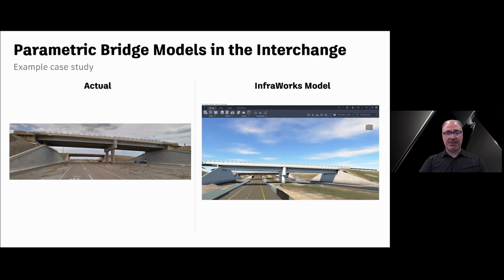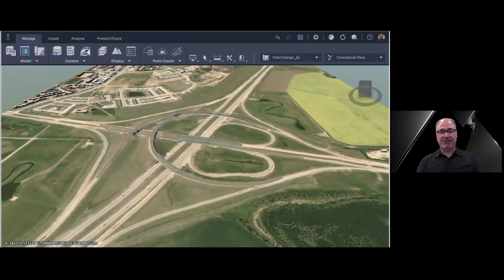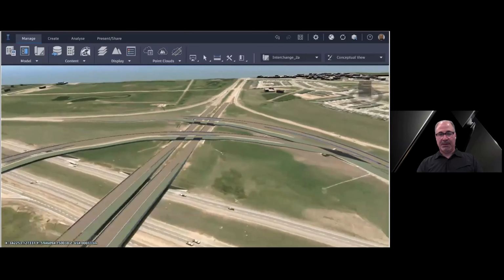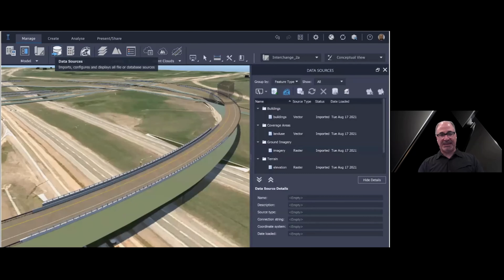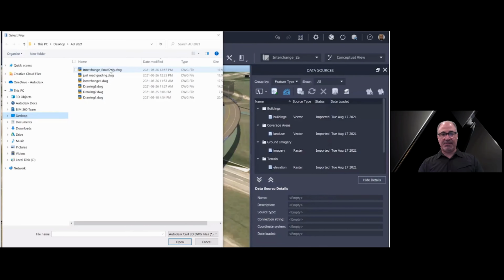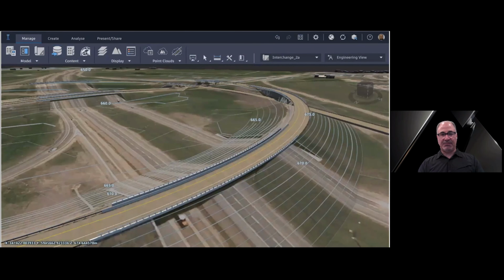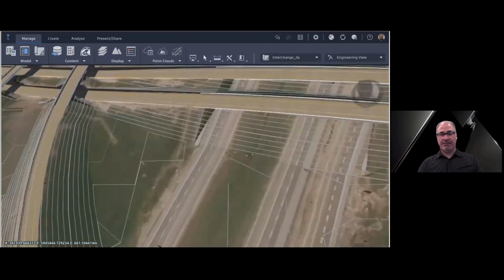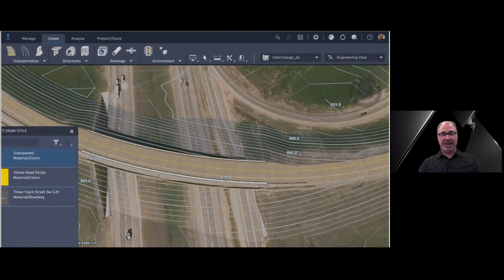So let's look at some key steps in the modeling process via this video. In InfoWorks, we can model the roads directly, or we can import all the roads and alignments and corridors directly from Civil 3D. We can also import them via LandXML into Civil 3D from other design packages. In this case, I decided to bring in the road model, but also to bring in all the roadside grading as finished ground, because I want to leverage a tool in InfoWorks that will give me more control on providing the clearance or the opening in the grading for the bridge and retaining walls.